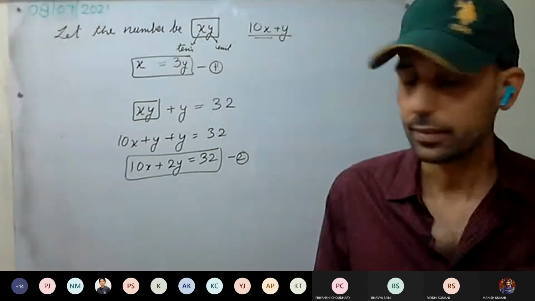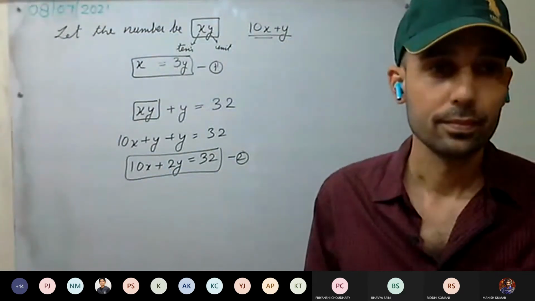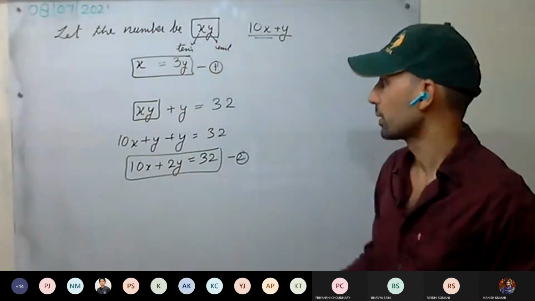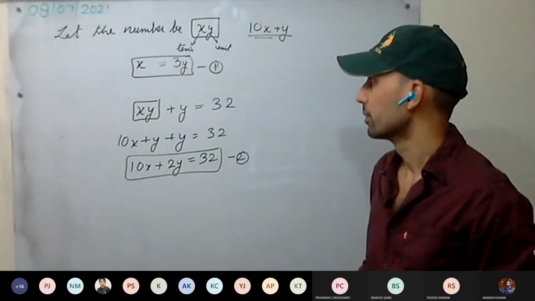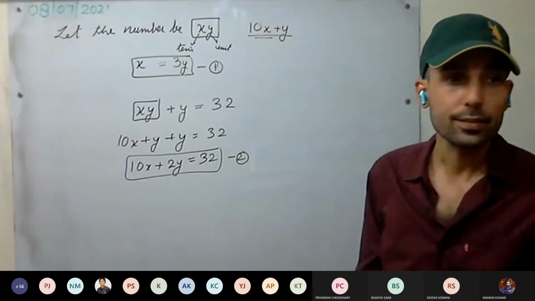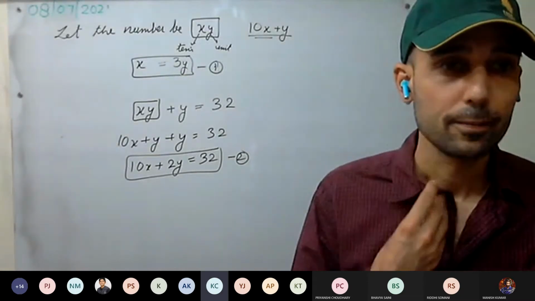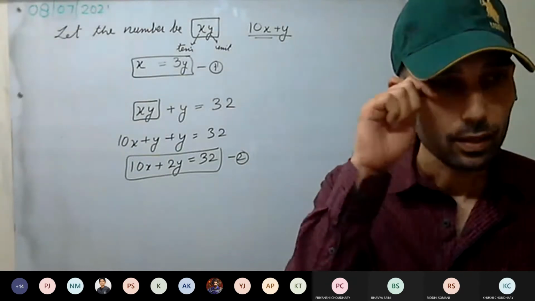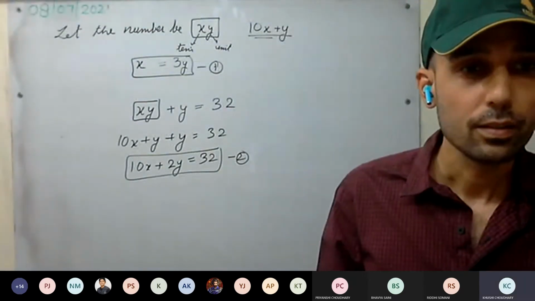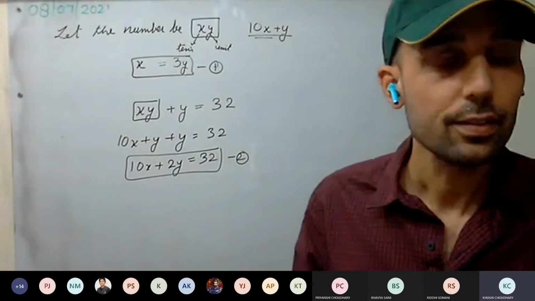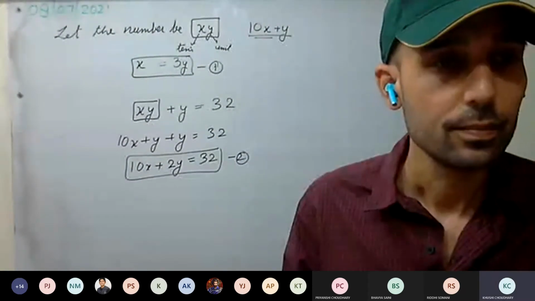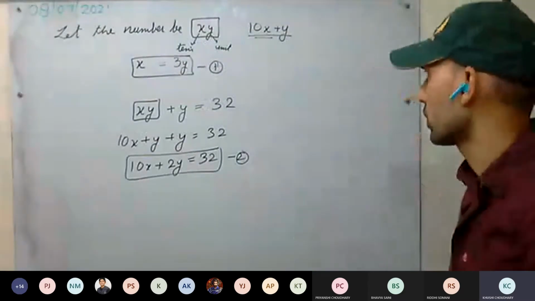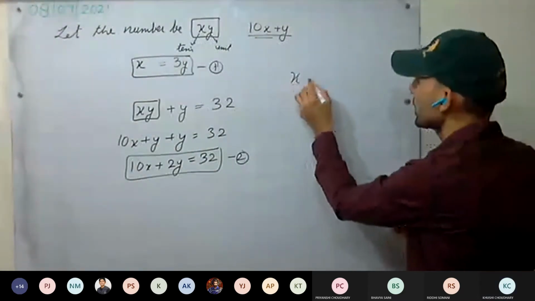Okay, calculate the value of y and x. By substitution, you can do it. It's very easy by substitution. Sir, this much only I have got. Sir, I am not getting afterwards. Sir, after getting these two equations, I am not getting how to solve it. How to solve? Okay. How have you solved earlier?